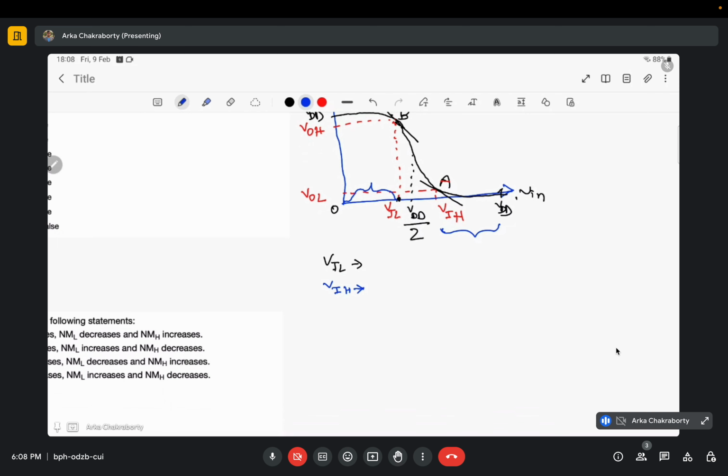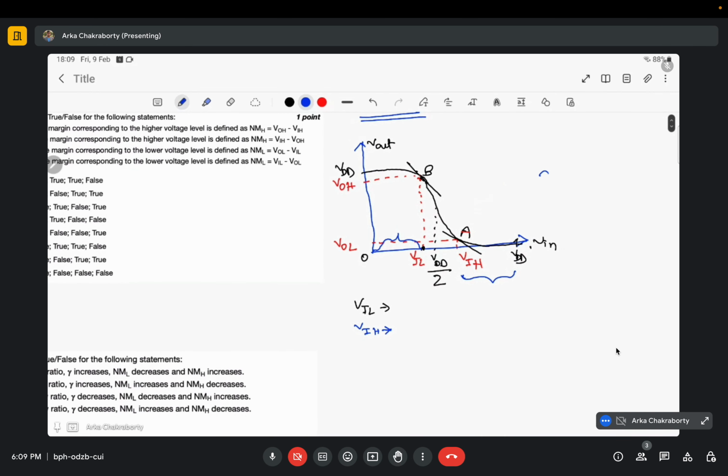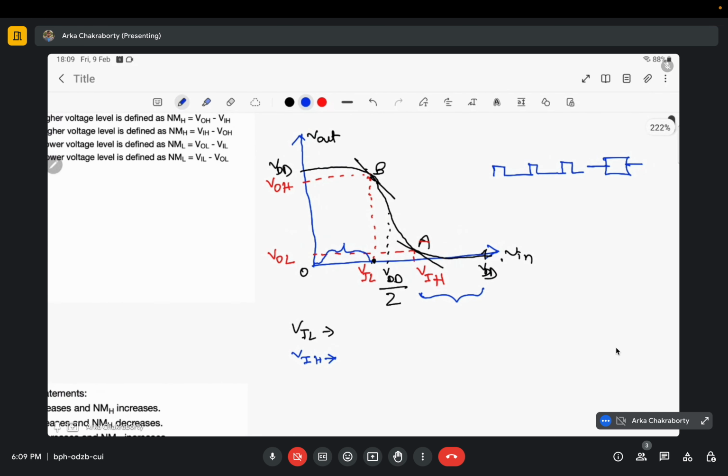Now, how do we define V output high and V output low, and why are they different from V input low and V input high? Whenever I pass a digital signal through a digital circuit, I get some output. Along with this output there will be some inherent noise in it, and I would try to ensure that the noise present in the circuit doesn't affect my output voltage or change the output logic, because